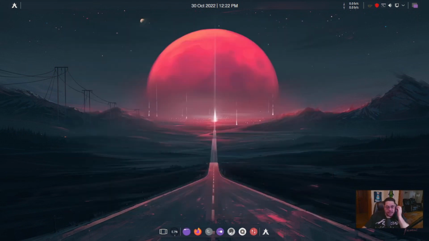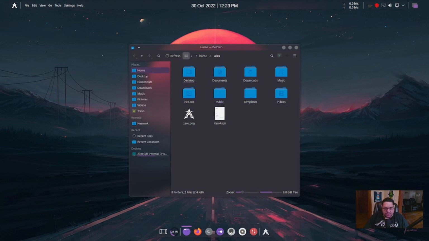Nice. I mean, they've got a lot of beautiful wallpapers. Now, before you do your update, there is one thing that I would recommend that you do too. Also, with any Arch distribution that uses the Pacman package manager, open up Dolphin, this is your standard Dolphin file manager,